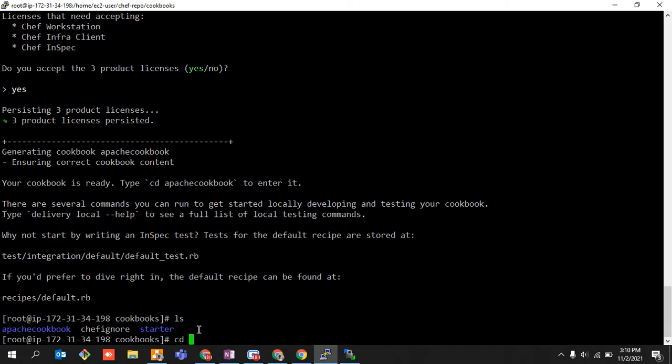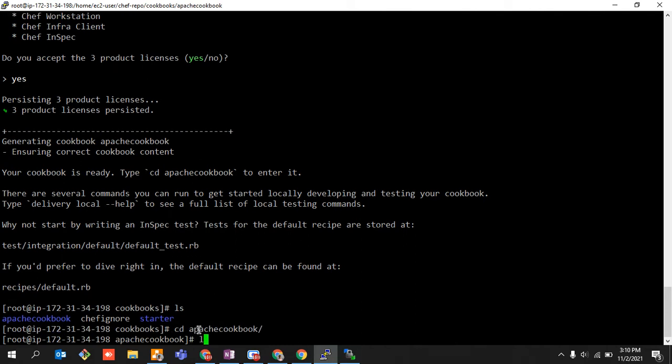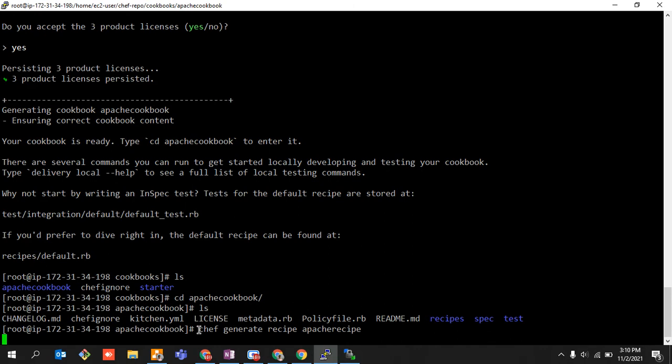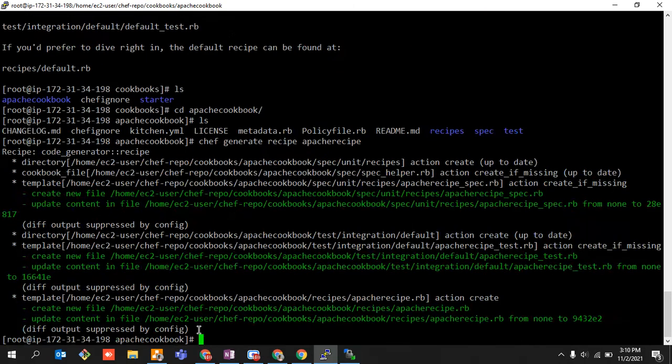And I told you that if you want to write a recipe, you need to go inside that particular cookbook, right? So just go into that cookbook, and now chef generate recipe, let's say apache recipe. Since it's apache cookbook, it will contain the apache recipe. Okay, so my recipe also got created, and now we need to write some code onto our recipe, right?